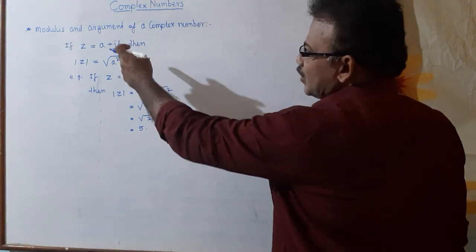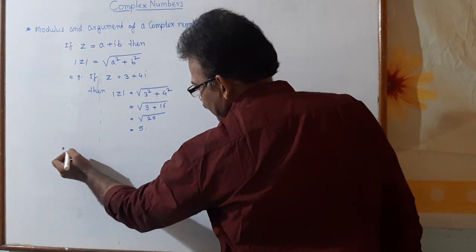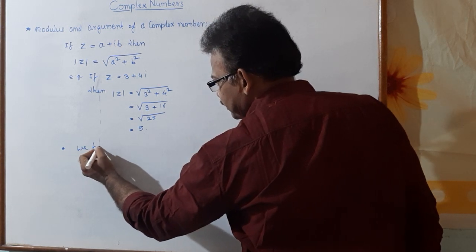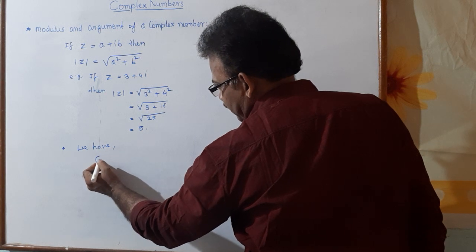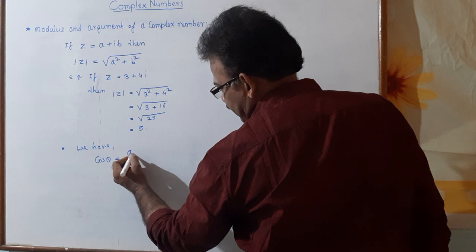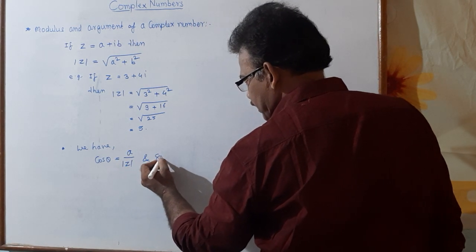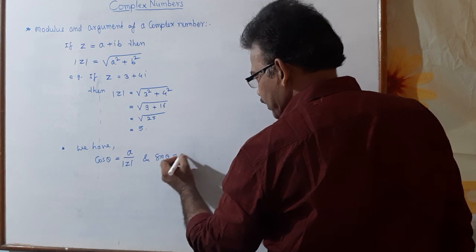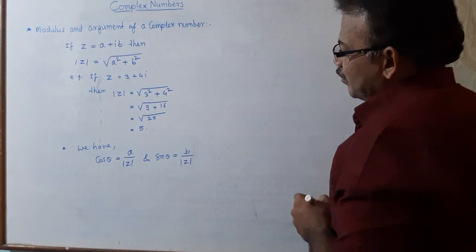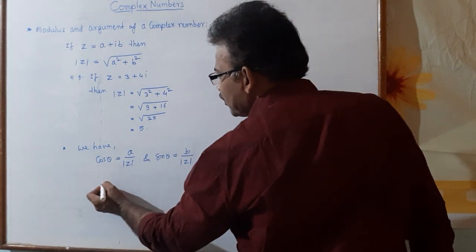Now we will see what is the argument of a complex number. For that, for the argument of a complex number, we define two equations. Cos theta equal to a divided by mod z, and sin theta equal to b divided by mod z. By using these two equations, we can define the argument of a complex number, and from this we can find